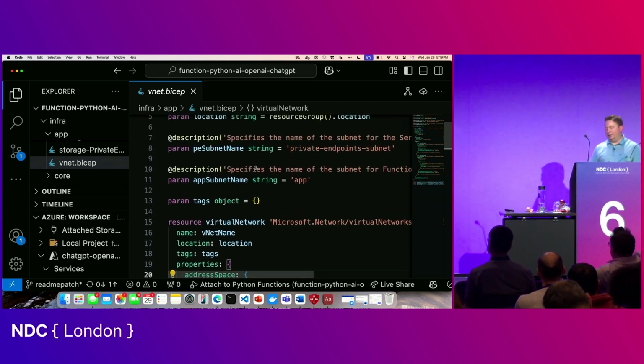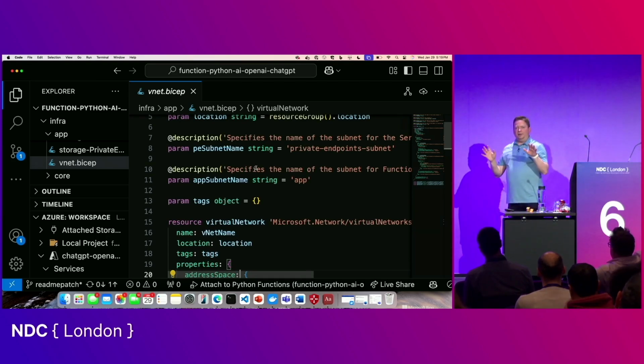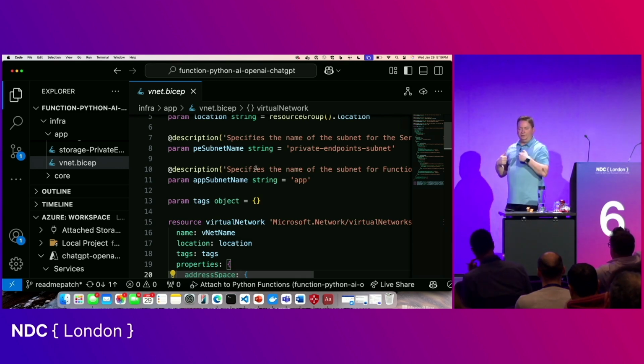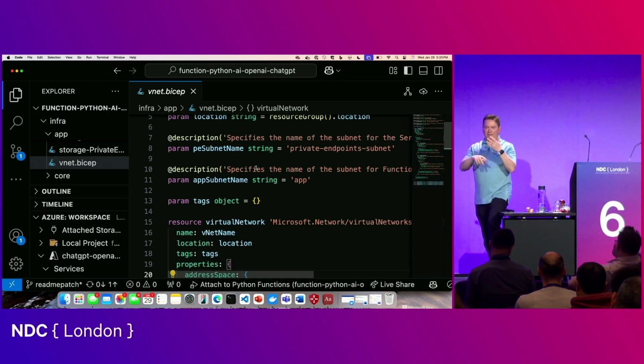The other thing, even if you don't secure the network perimeter inbound, I highly recommend at least turning on auth. Require every inbound connection to your app to use auth of some form. In our platform, the easiest thing to use is called Easy Auth. That's beyond what I have time to talk about in an hour, but I'll leave you the reference for that. You turn on Easy Auth, and Easy Auth accepts Entra. It accepts a lot of the social IDs, like Google's identity, Facebook, many of them.